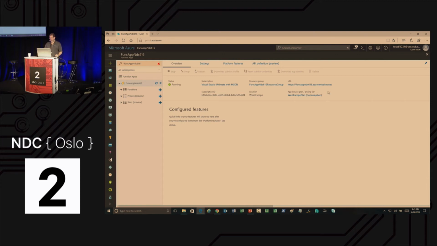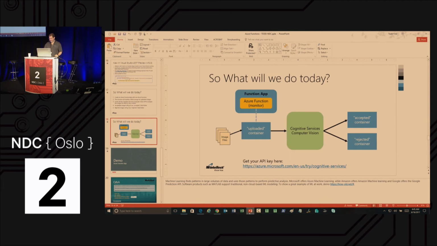I'm going to get rid of that because I can see that it has deployed in the background. And here's our function app, our running function app. So now we have done step 1, which is just this blue box. We haven't done the yellow box. So you might think the next thing I'm going to do is create the function app, but instead I'm going to create these 3 containers and get that out of the way.